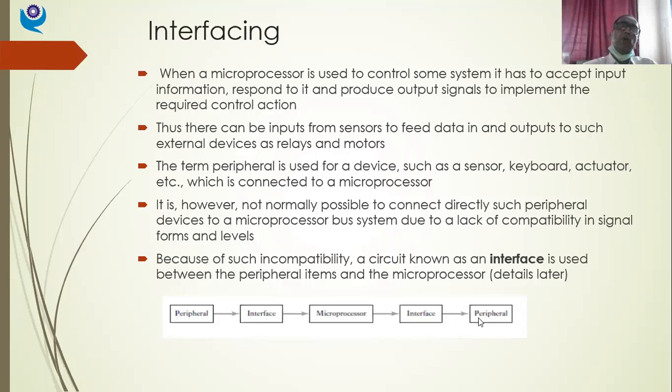Now these peripherals could be, as I said, in the form of an actuator. In simple terms, I have received some data and interfaced it with the microprocessor. The microprocessor has generated the data, and I want to give that signal to a printer or a recorder.